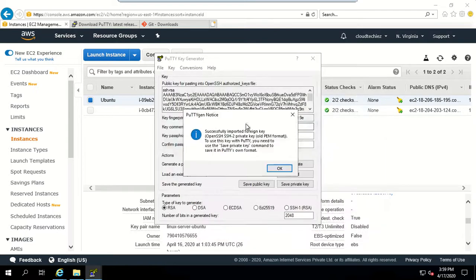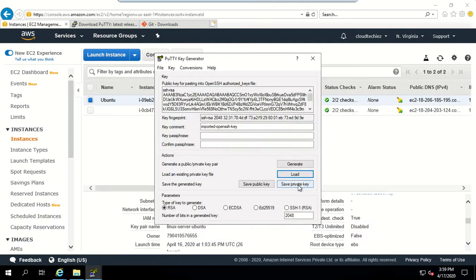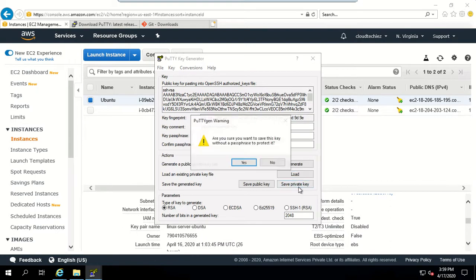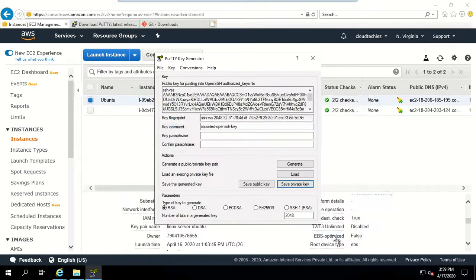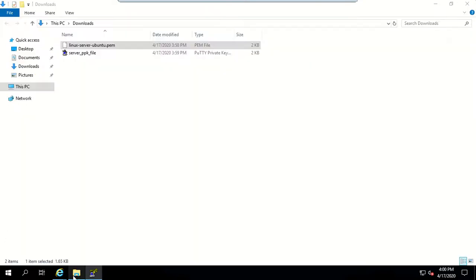Select your PEM file, click on OK and click on save private key and click on yes and choose the location where you want to save this. Let's say this is my server PPK file, give a name whatever you want and click on save. That's all. Now this will generate your PPK file. This is what you will be using when you're working with your PuTTY application.